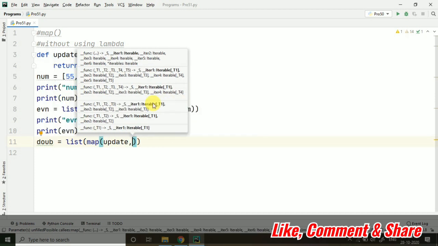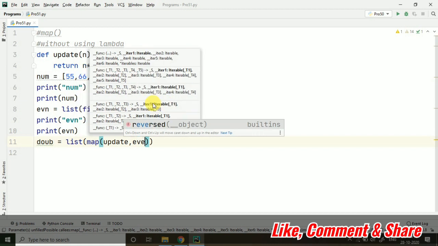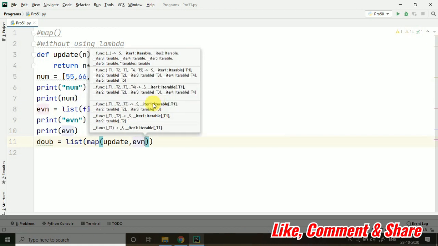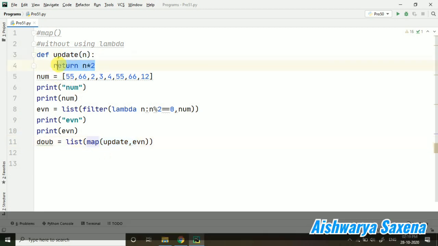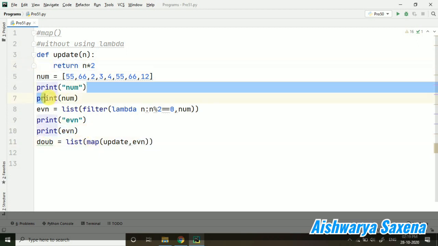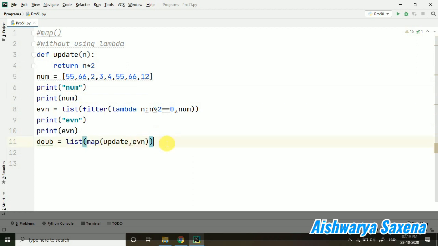The first one is the function which we are using, and the other is the list which we want to make double. Here you can see I have taken this update function I want to use, this way I want to update my values or the list, and this is my list even. I can use this num also, or I can use this even also. It's up to us what we want to double, what we want to update.